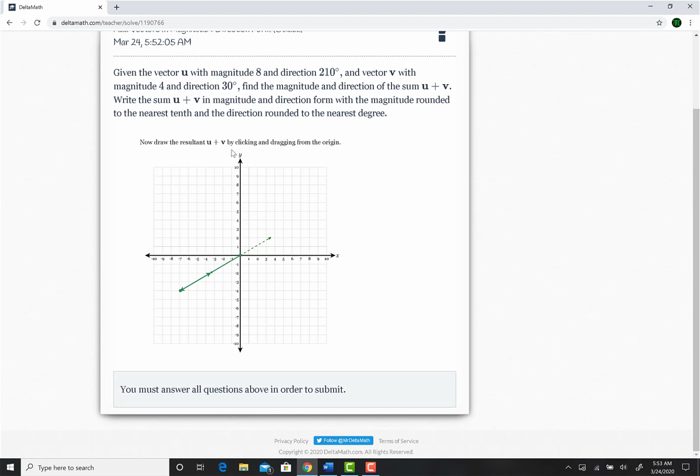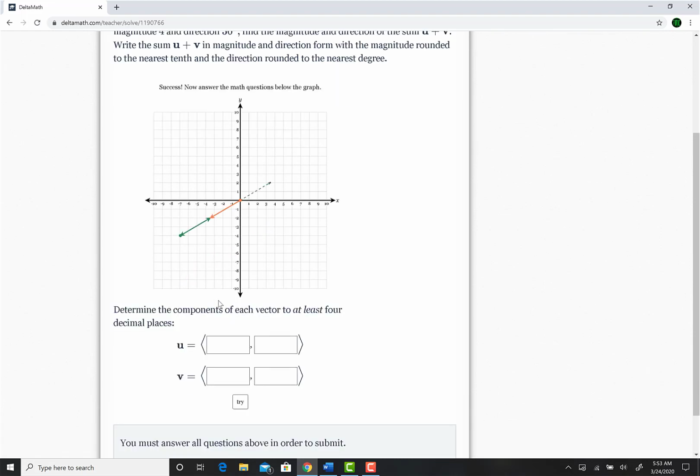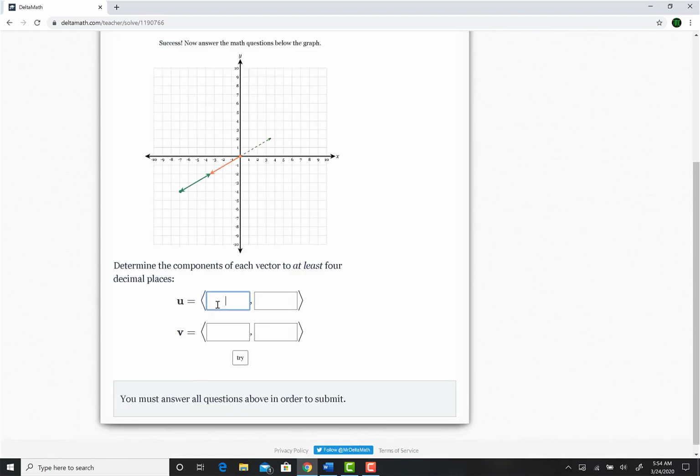So it says now draw the U plus V by clicking and dragging from the origin. I go to the origin. This dashed line was your vector U, guys, or the V, sorry. So here we go. And that in orange is your resultant. So there it is. And they want me to write my x and y components. And we did that earlier. So negative 6.9282, I believe, is what we got there. Oops, that doesn't say that. Let me put a dot there. Negative 6.9282, negative 4,